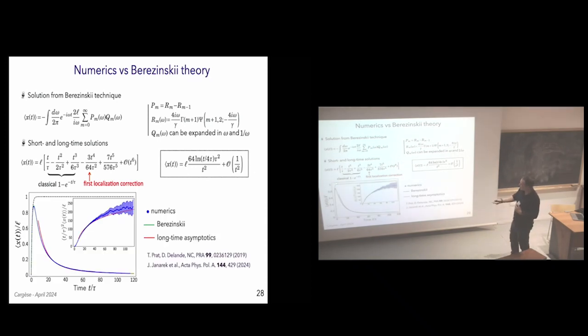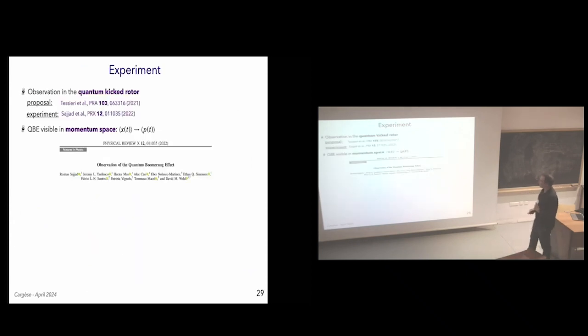Here you have numerical simulation in blue compared to the exact formula in green. So the two of them coincide practically. And at long times, the red curve here is this asymptotics, which works well. In particular, by multiplying x by t squared, we are also able to identify these logarithmic corrections. So I will just in two last slides say a few words about the experimental observation of this.